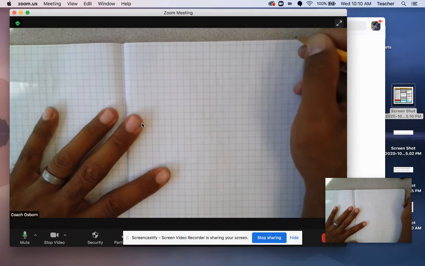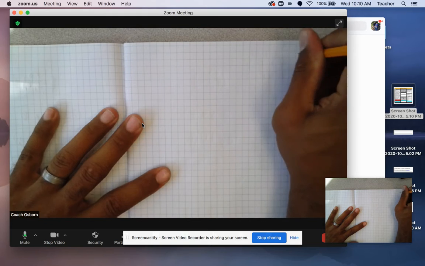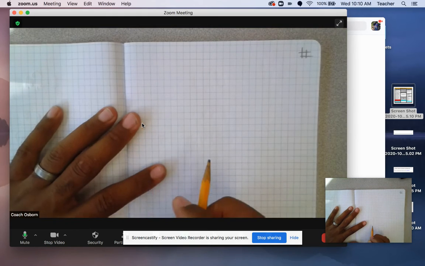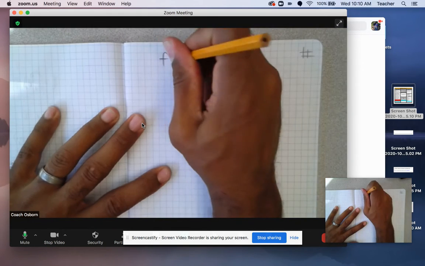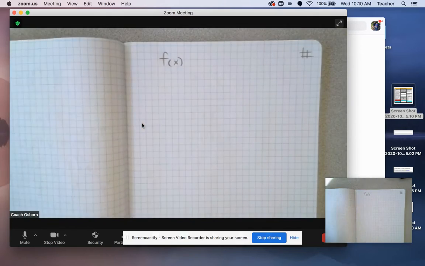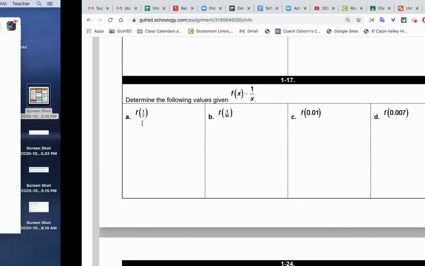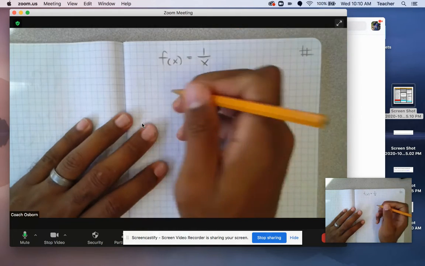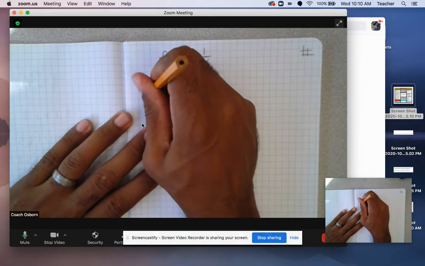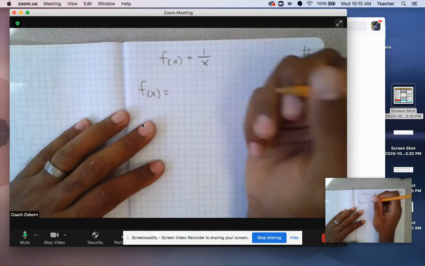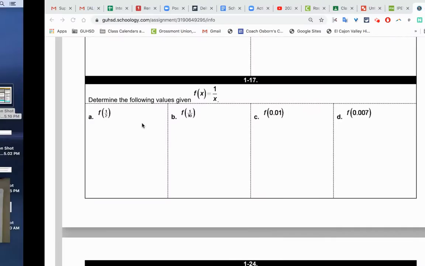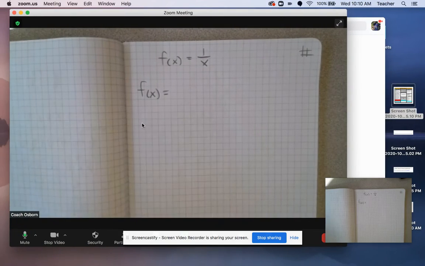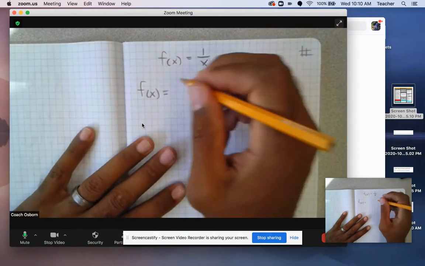Okay, so I'm going to show you something you can include in your notes. Make sure you include a page number here if you're going to add this to your notes, wherever it's at. Remember, we've got one function. If we're looking at the problem here, that's f of 1 over x, right? So 1 over x. And then we've got some different numbers we're going to plug in. Now, I'm not going to use the exact inputs from the homework. I want to give you examples just like it so that you can do this on your own. Okay, so let's say we've got